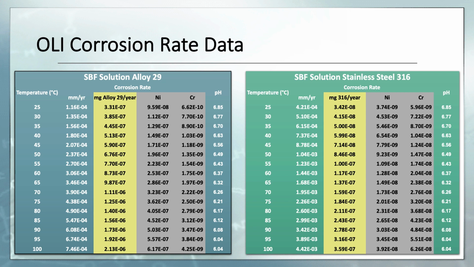To do so, we can take the desired element's composition and multiply it by the total amount of metal leaching out into the body per year. For example, in alloy 29, the nickel composition is 29%. So if we multiply the corrosion rate in milligrams per year by 0.29, you will have how much nickel is leaching out into the body per year. The corrosion rates for both elements, nickel and chromium, were calculated since these two elements are the most